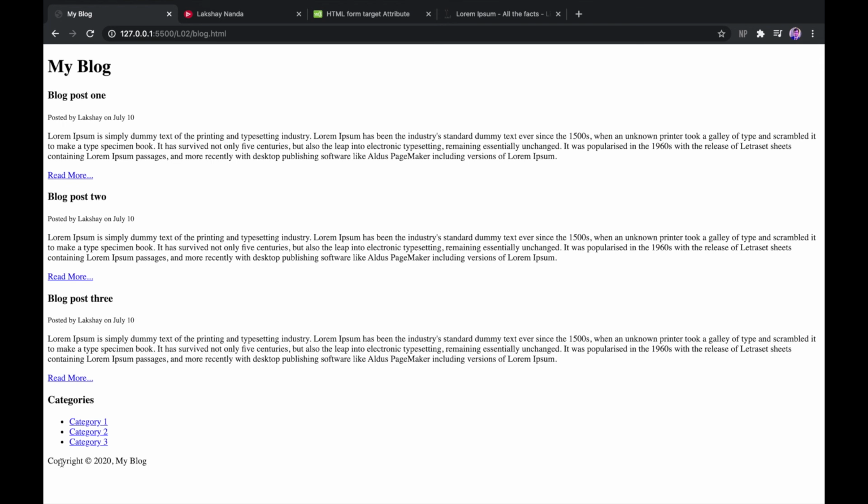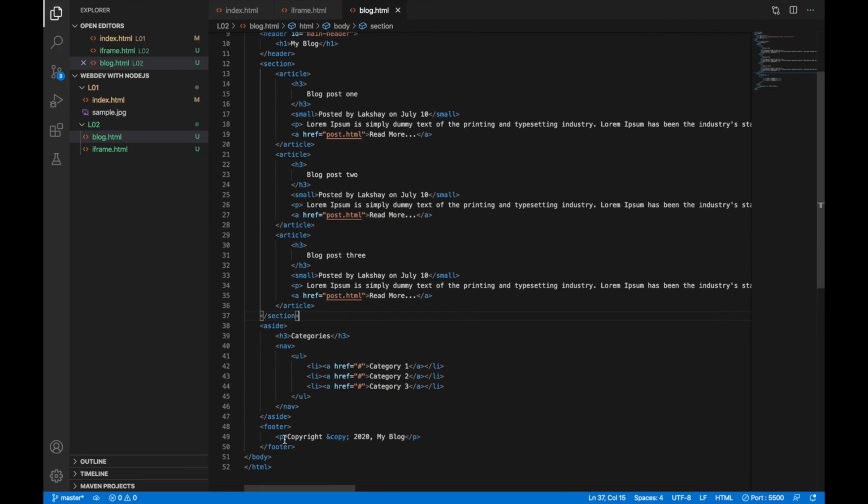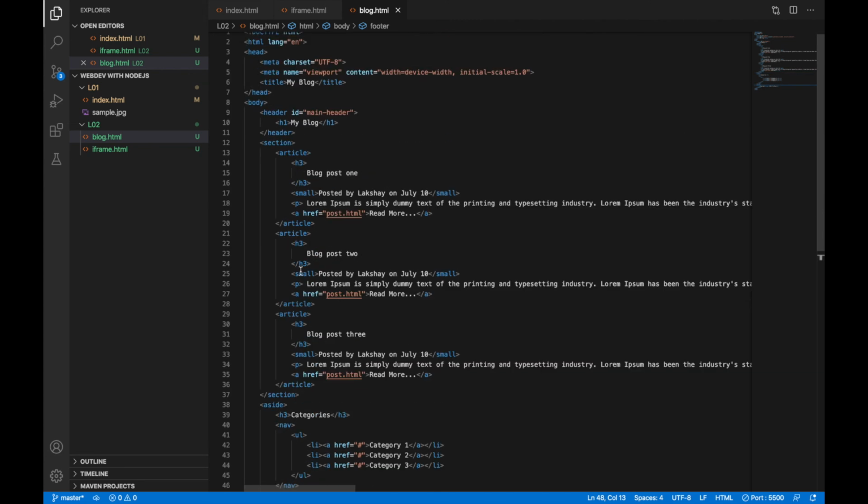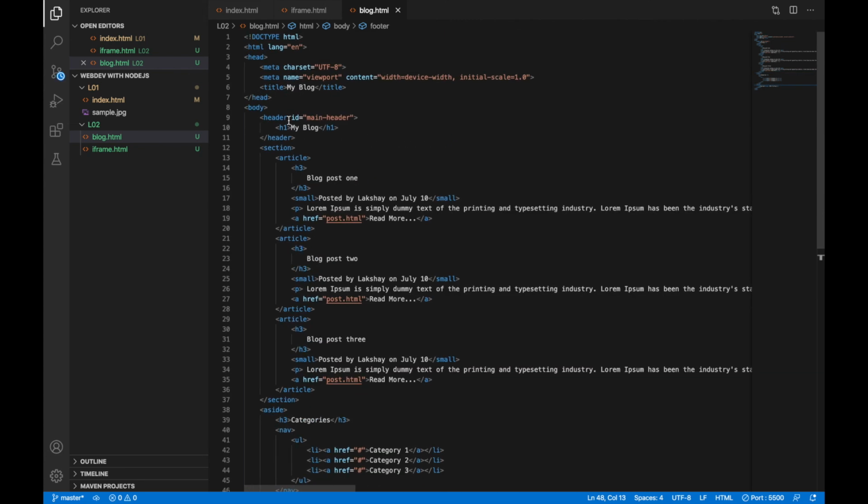So you can see it appears over here. There can be multiple footers as well. So I can give this an ID just like I did here, main header. I'll give it an ID main footer.